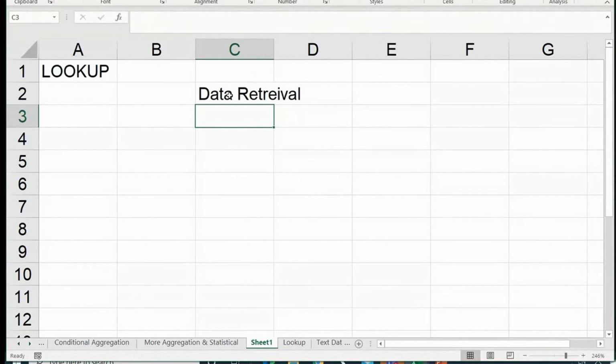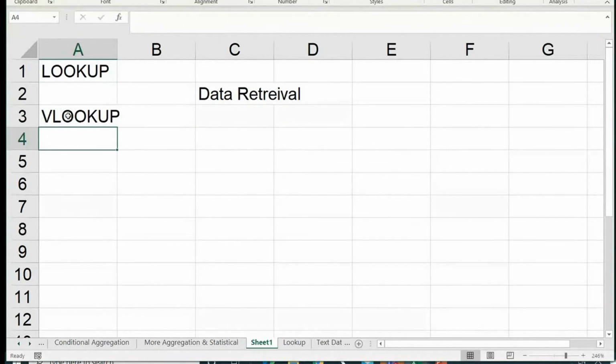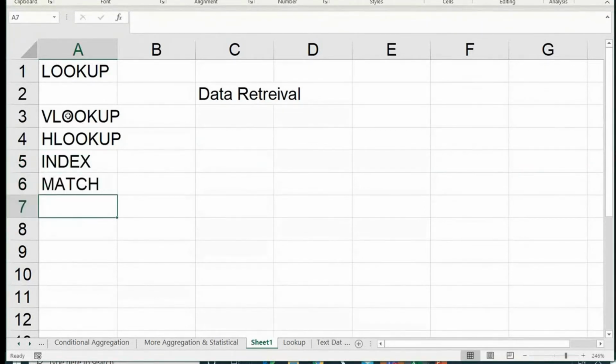So retrieval can be done through many lookups in Excel, like VLOOKUP is one of them. VLOOKUP stands for vertical lookup, right? And there is also HLOOKUP for horizontal lookup. And there are functions like INDEX and MATCH, which will also be helpful for making lookups, mainly INDEX. MATCH is something else. We will learn that also today. This is a beauty function of Excel, INDEX, which can do something VLOOKUP cannot do, like reverse lookup and multi-sheet lookup. This is available in all the versions, and the beauty add-on in the latest version is XLOOKUP.